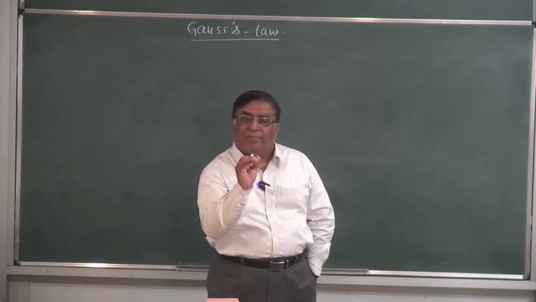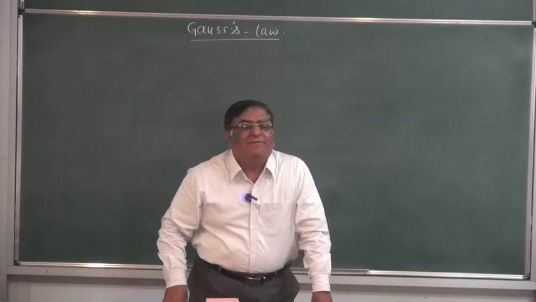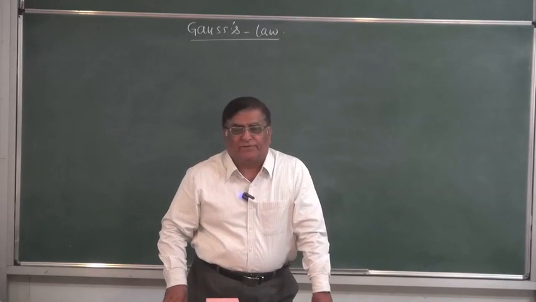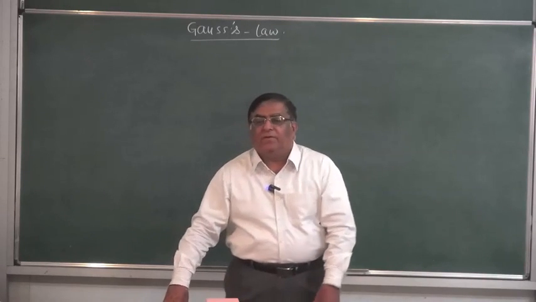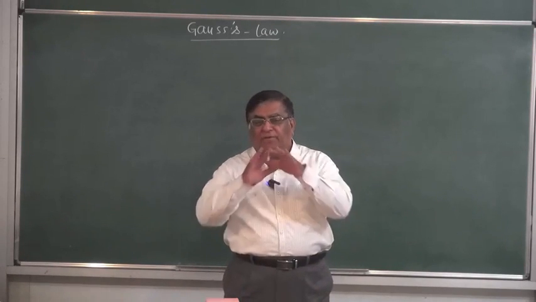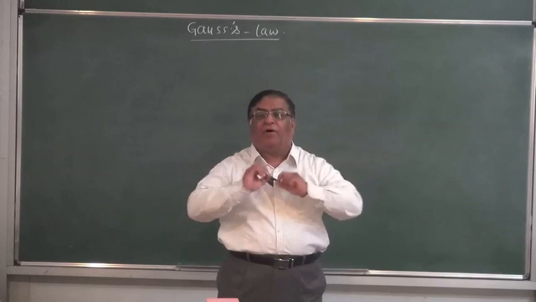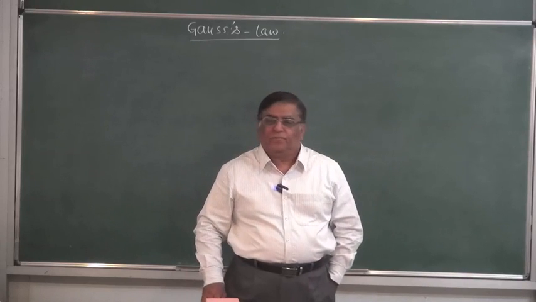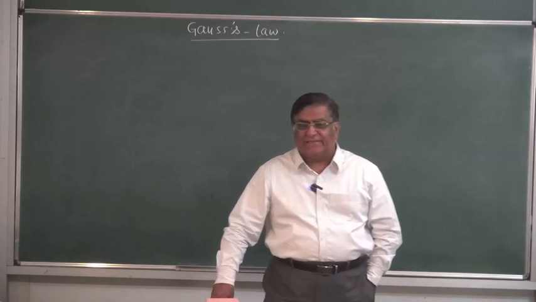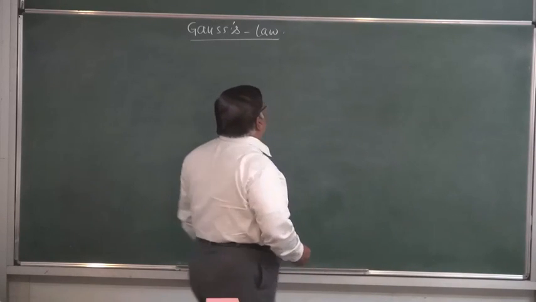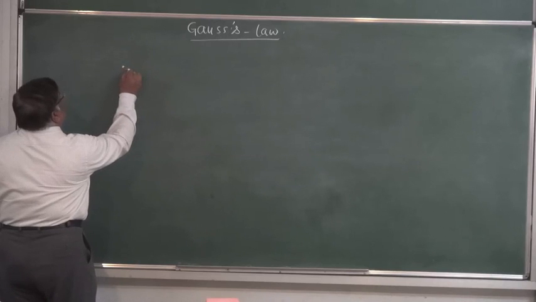If we light up a bulb inside, the light should not come out. Then that surface is a closed surface. It may be of any shape. It may be cubical, spherical, cylindrical, or any shape. Now, Gauss theorem tells us about a particle having charge Q